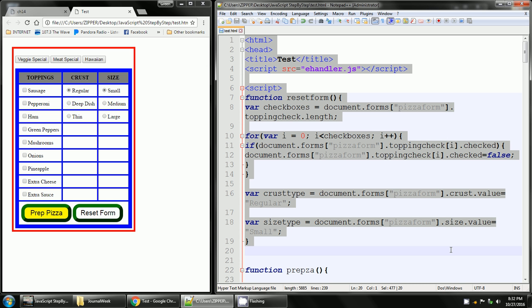So you got your HTML, your head, your title, the script that points to the ehandler.js, and here at the script in the head we have function resetForm. So this is new. Function resetForm, var checkboxes equals document.forms pizzaForm dot toppingCheck.length, and then we do a for loop based on that. For var i equals 0, i less than checkboxes, i plus plus, and then we have an if condition. If document.forms pizzaForm dot toppingCheck index i dot checked, then document.forms pizzaForm dot toppingCheck index i